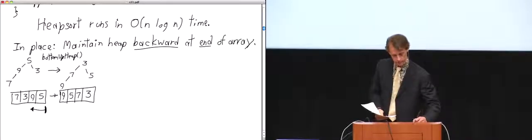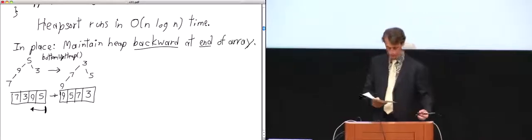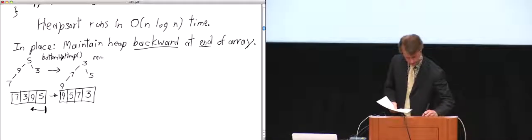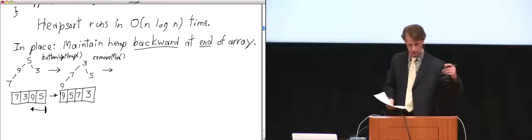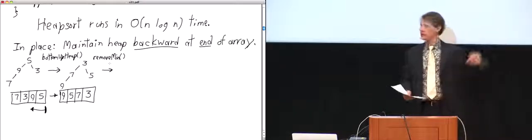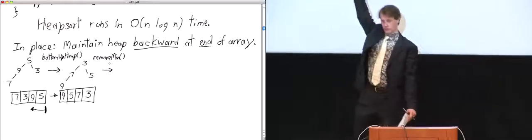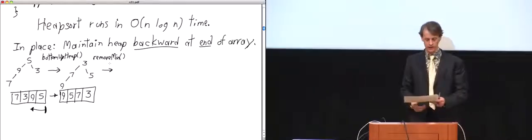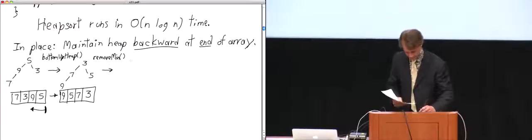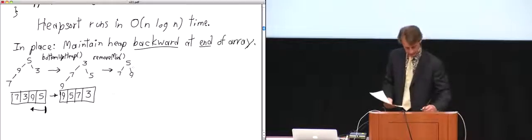Now that we have a heap, we can start removing items from the heap one by one. So we do remove min. And when you do remove min to this heap, you remove the 3 from the root. Now the root is gone. We need to replace the root with something, so we take the 9, we move the 9 up to the root, and we bubble it down. And after we've done that, it's going to look like this. That's our new heap after remove min.